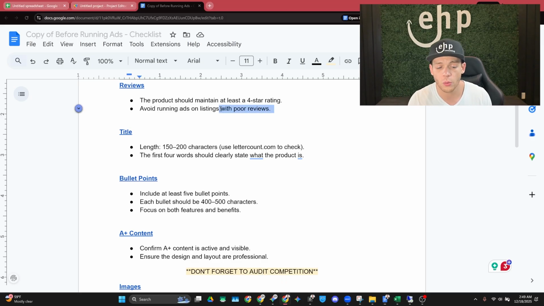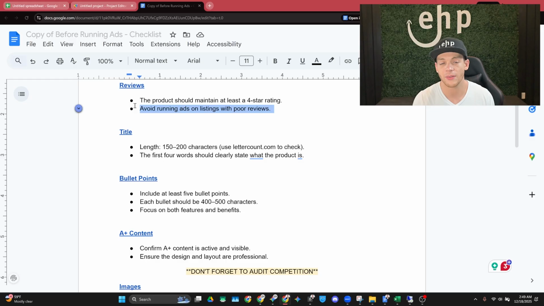And if your product has no reviews or bad reviews, nobody's going to buy it, right? Maybe somebody will buy it, but not many people are going to buy it, meaning you're going to waste a lot of money. Don't be running ads on products that have no reviews if possible, right? You want to have at least one 5-star review if possible, and then push the hell out of the ads, right? And that's where you're going to get the most clicks, the most conversions at the end of the day,